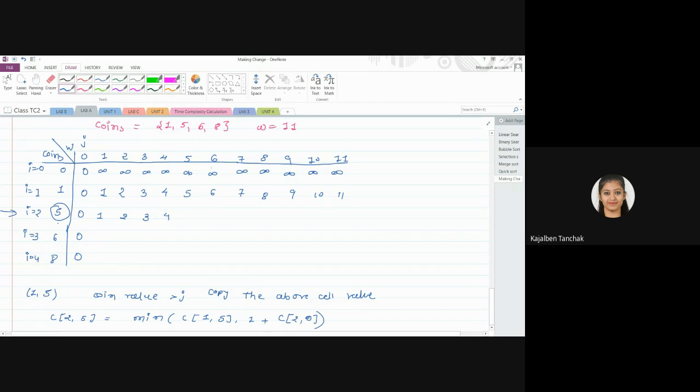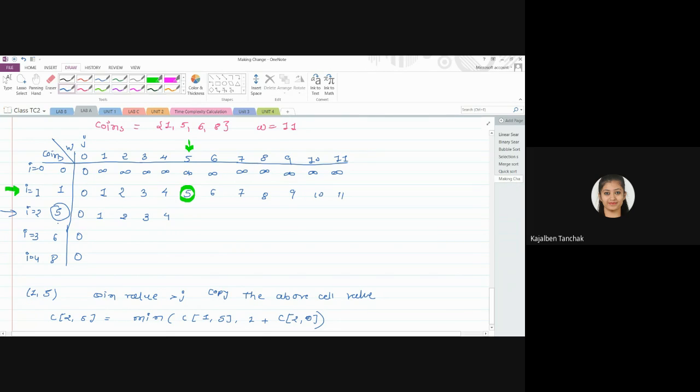1 comma 5: what is the value here? Row number 1, column number 5. The intersection is 5.